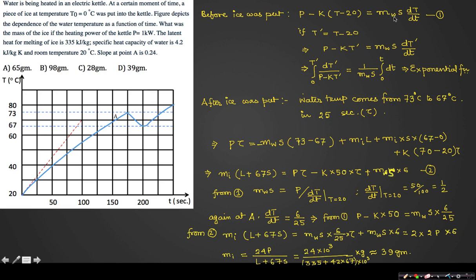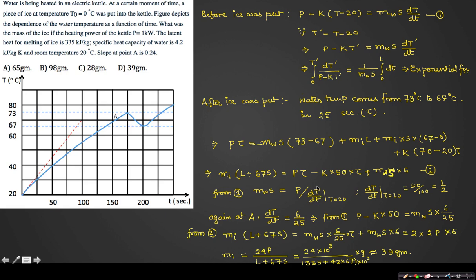That I can calculate from here, because at the initial condition when temperature was 20, this term vanishes. So Mw into S, mass of water into specific heat of water into dT by dt, is equal to P. So let me write it here from equation 1, Mw into S equals P divided by